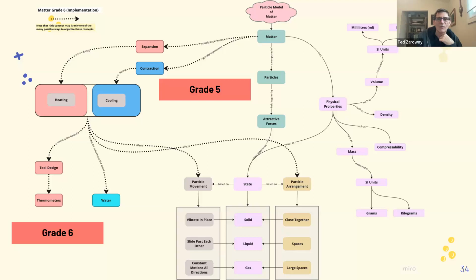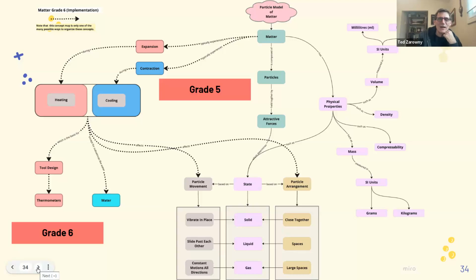If we heat things, we'll get expansion and space in between the particles. If we cool things, the spaces will get closer together and move from gas to liquid to solid. So we're really introducing more of the dynamic look of the particle model theory by giving it the heating and the cooling to move from one phase to another. And you can again see how states of matter, which is introduced in grade 3, really comes into play as well. So we're talking about phase changes there. And of course, with that heating and cooling, there's a bit of talk on water. Water does not fit that descriptor of expansion and contraction with heating and cooling. It's the opposite.